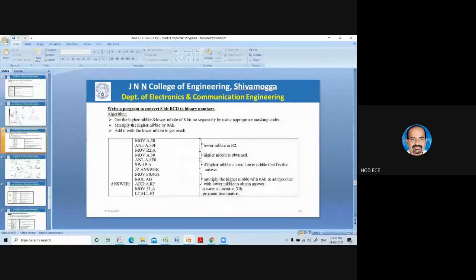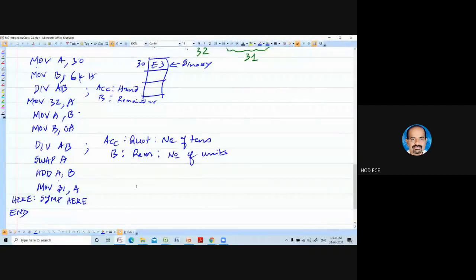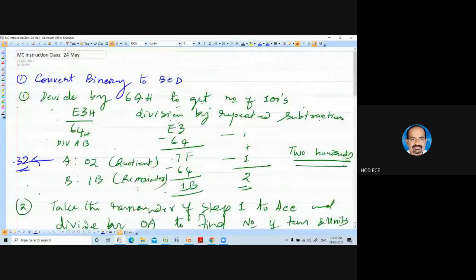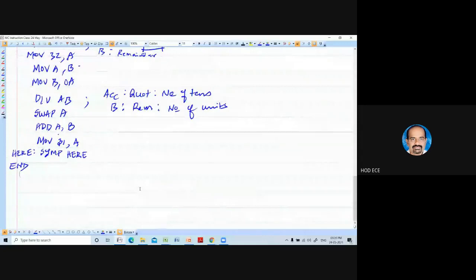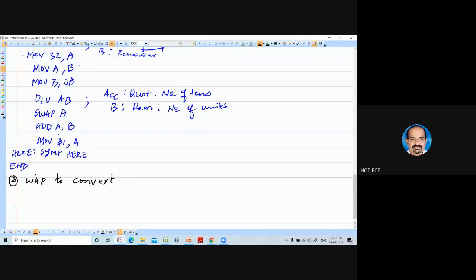So you have seen the overview of the program. Now, as usual, once again, we will write it here. So second program. Write a program to convert BCD to binary.